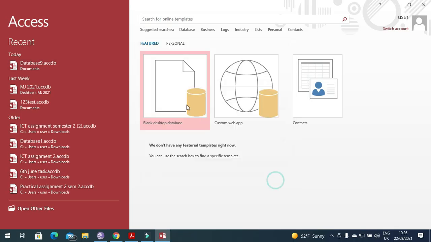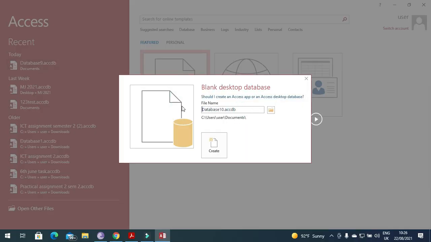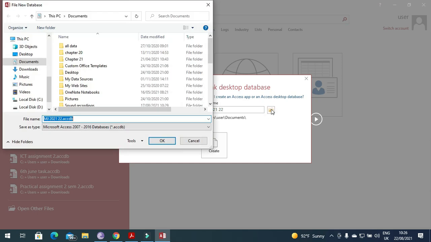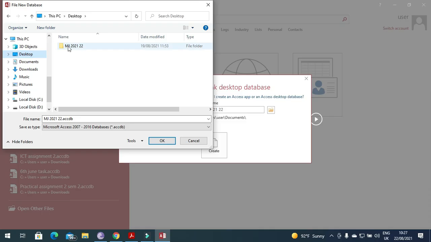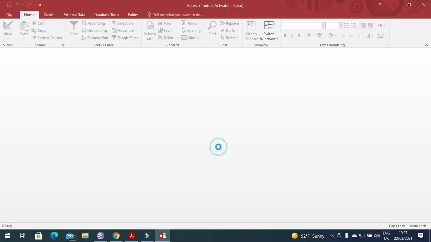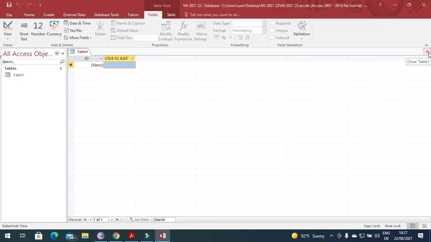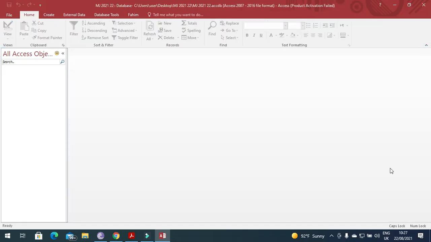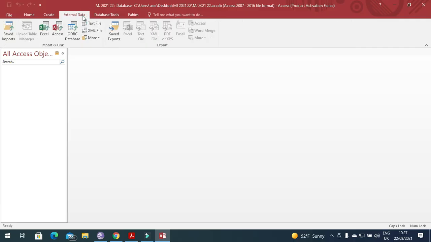I'm going to create a database with the name MJ202122. And then I will choose my folder. As I already have a folder on the desktop, I'm going to save my database over there. Close this table and start to import a table. Click on external data, text file,